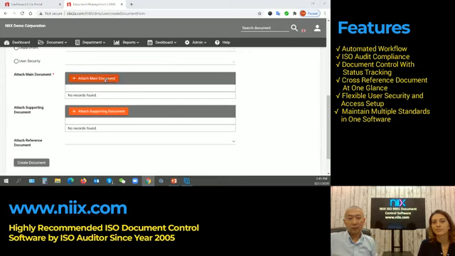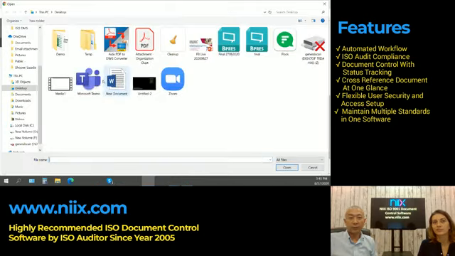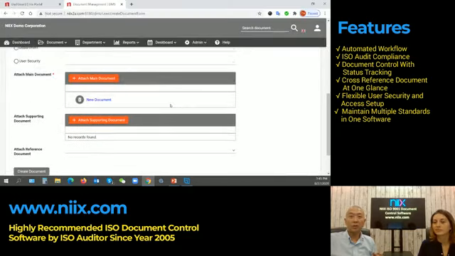Okay. So attaching the main document is very straightforward. Let's say this is the document that you're supposed to attach. It's just like how we attach a document in an email, or upload the document to the system. It's very straightforward. And the good thing is the system automatically converts the document to PDF format. So you can upload the document in the format of Word, Excel, PowerPoint, or directly in PDF format.